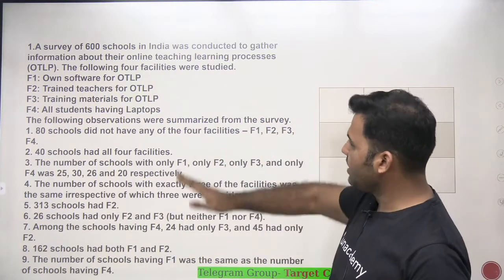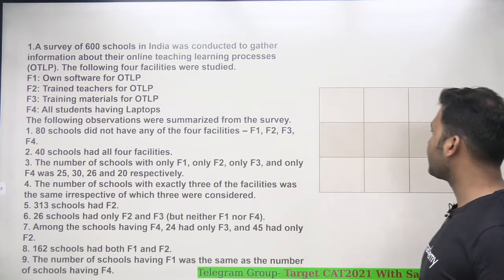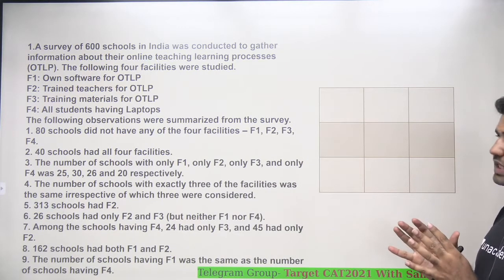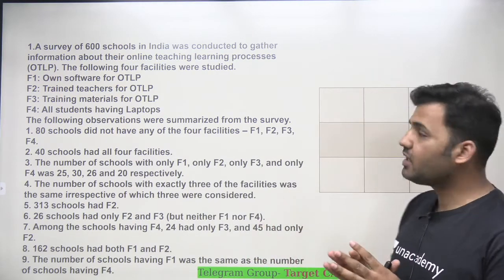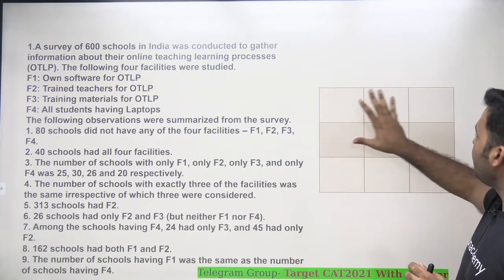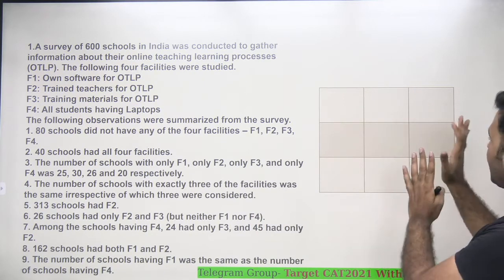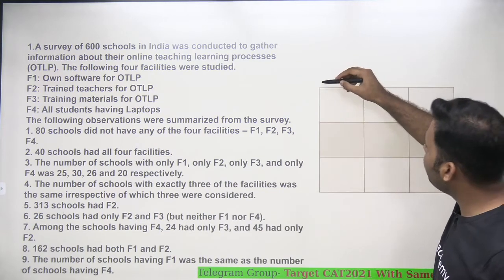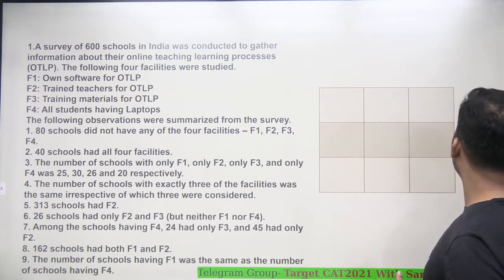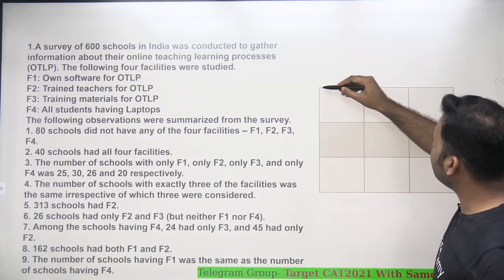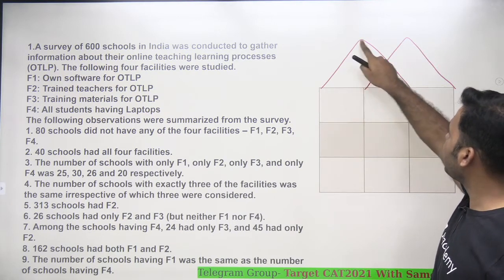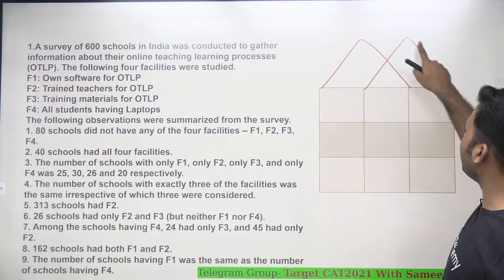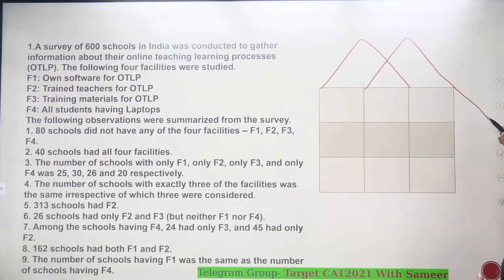Question now, let's quickly go through the instructions, right? Let me explain the basics of 4 set Venn diagram, guys. If you have to make a 4 set Venn diagram where 4 sets are given, firstly you need to define those 4 sets, and the structure of the Venn diagram is that you first need to make a 3 into 3 matrix. सबसे पहले आपको 3 into 3 का matrix बनाना है, and then make a triangle like figure, right? Make two triangles like figures with the intersection, right? So one triangle on these two columns, one triangle on these two columns, and similarly one triangle on these two columns, and one triangle on these two columns.